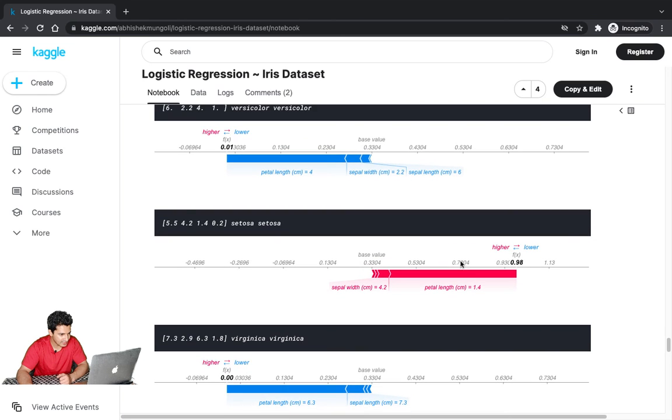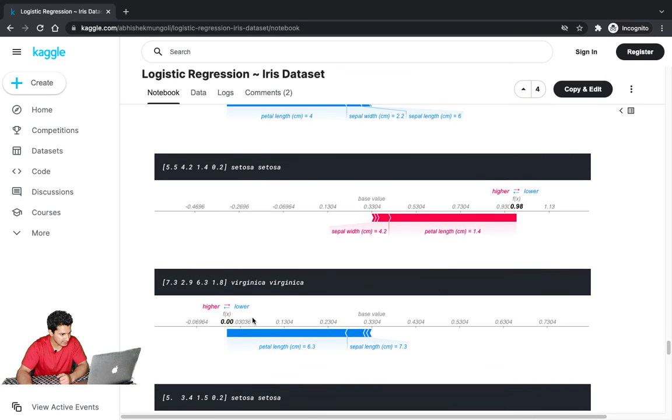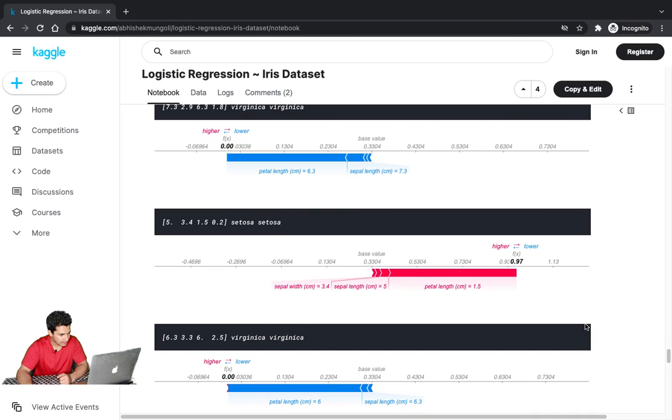So we can see what is contributing positively when the observation is being classified to that class, and when it is classified to some other class, what is contributing negatively. These are forcing it in that direction. You can see the arrow, and here you can also see the arrow. It's forcing it towards the positive direction. Here it's forcing it towards the negative direction. And again, here Setosa: things that are contributing in the positive direction are small petal length.